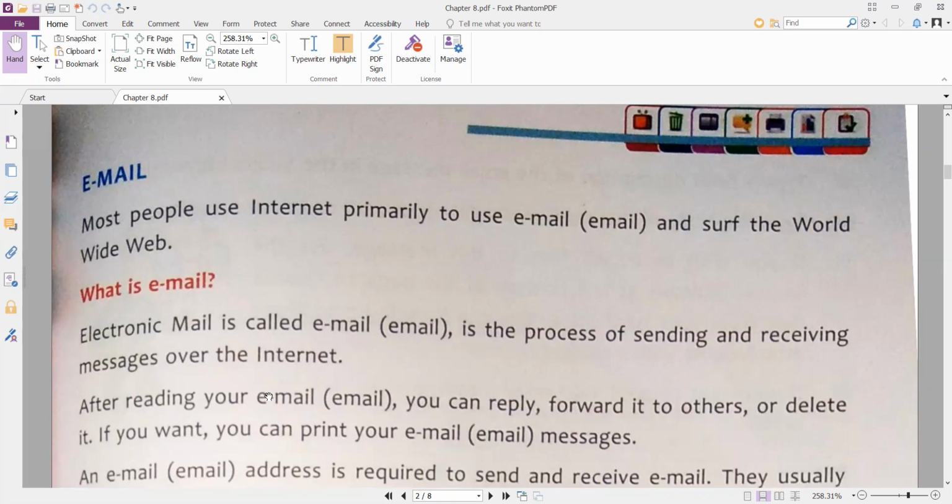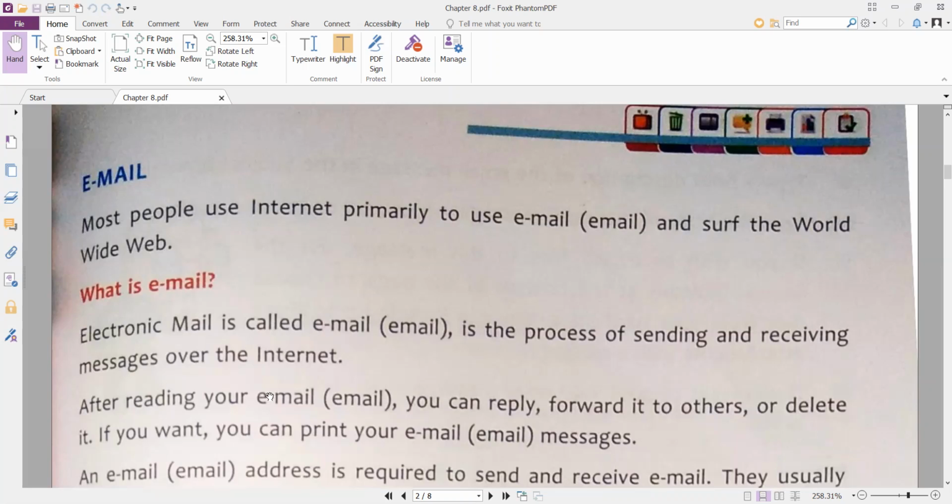It was taking time to reach the receiver, maybe a few days, or maybe 1 month or 2 months, and sometimes there was a possibility to lose the letter also. But nowadays, with the help of email, within a second, it will reach the person to whom you want to send your message, and within a second, you can get the reply also.